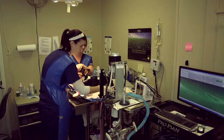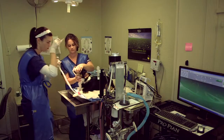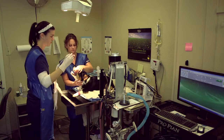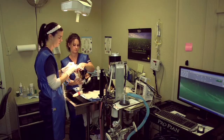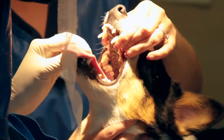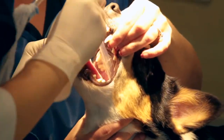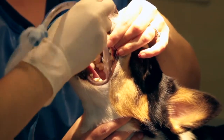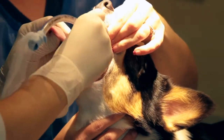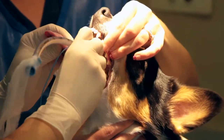And so now Miss Chiquita is satisfied with the depth of anesthesia, and she has an endotracheal tube, and with the help of Miss Dallas, they're going to place this endotracheal tube in SNAP's airway into the trachea. This is called intubation. This doesn't hurt. Of course, SNAP's asleep. And what this does for us, this ensures us an airway at all times,